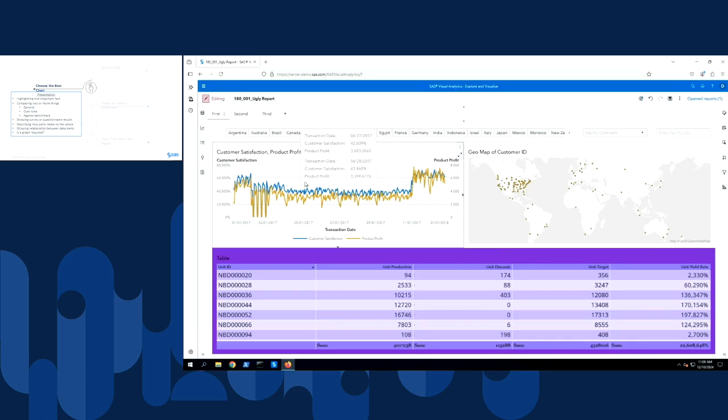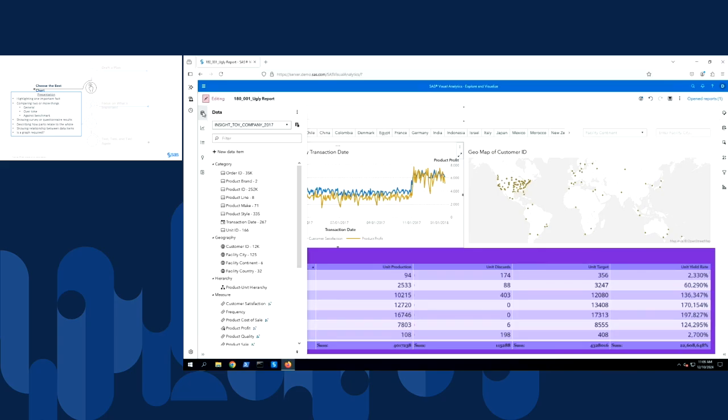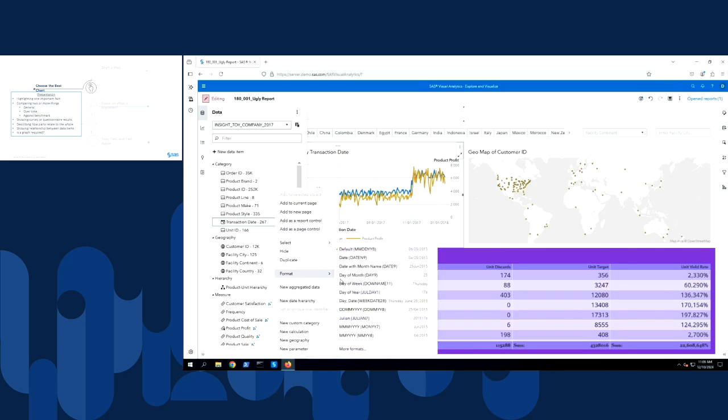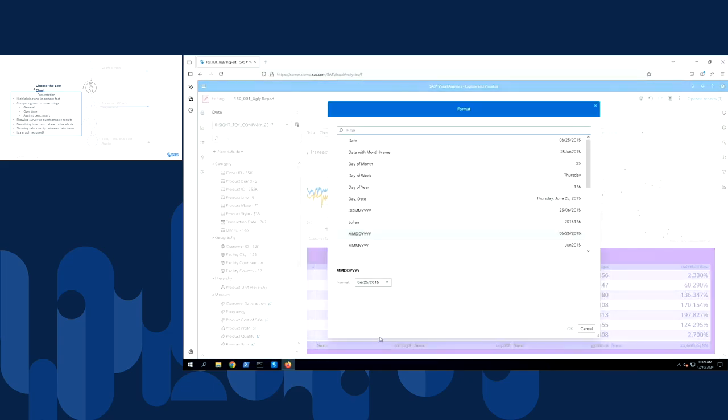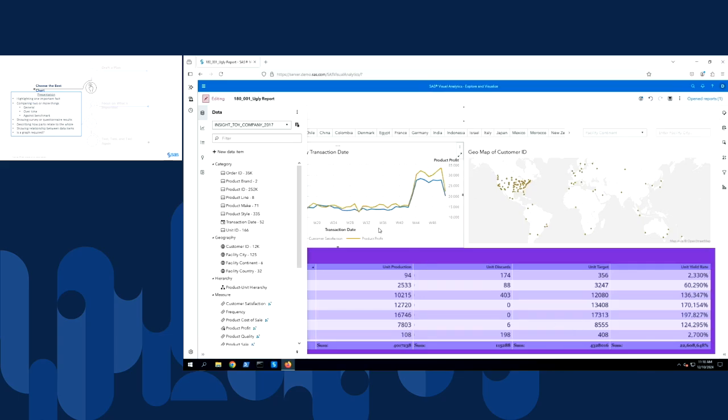So to make these data changes, I'm going to go to the data pane on the left, and then I'm going to start with transaction date. If I right click, I can select format, more formats, and then I'm going to choose the week format. So you'll notice all of these formats are for dates. And then for some formats, you have options on what to display. So I can either display the week number or a W plus the week number. So that's one I'll choose. I'll click OK, and you'll see that my dual axis time series plot updates to show by week instead of by day.